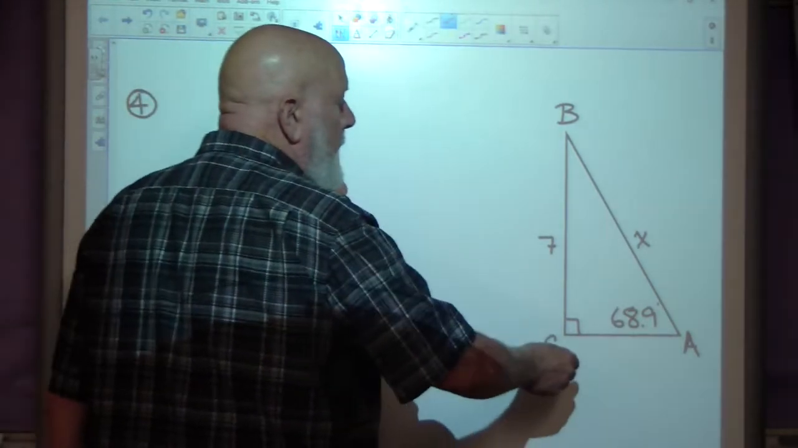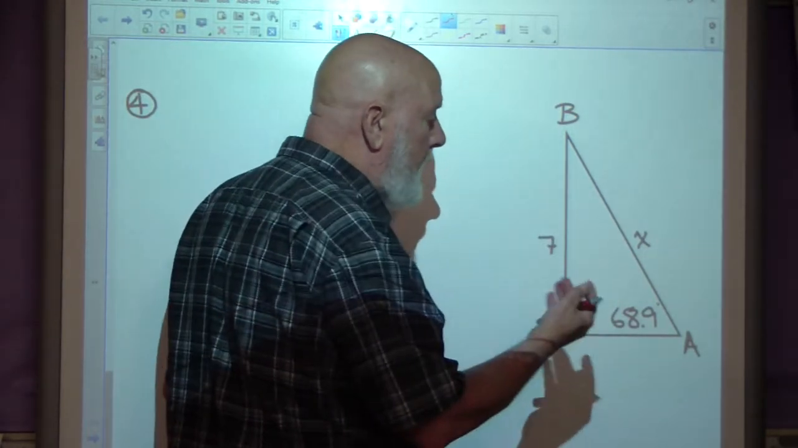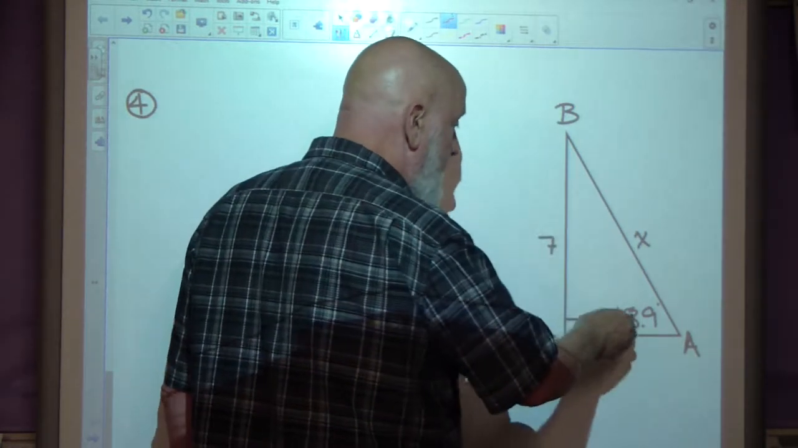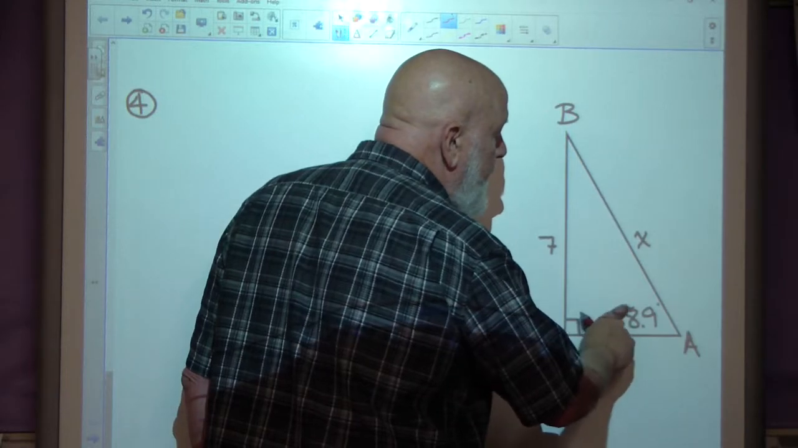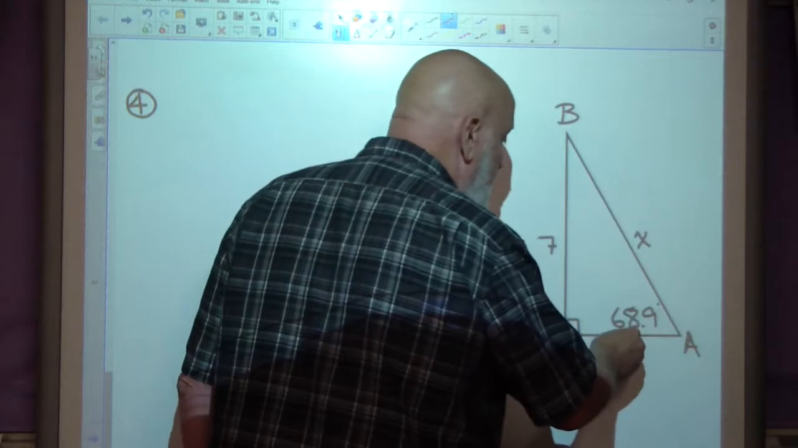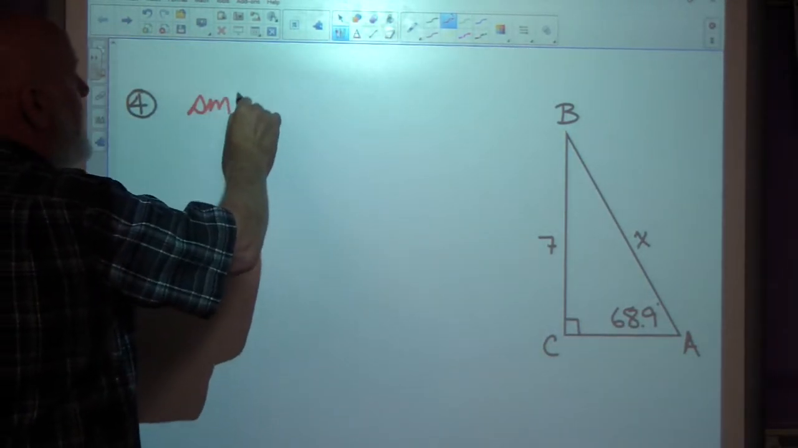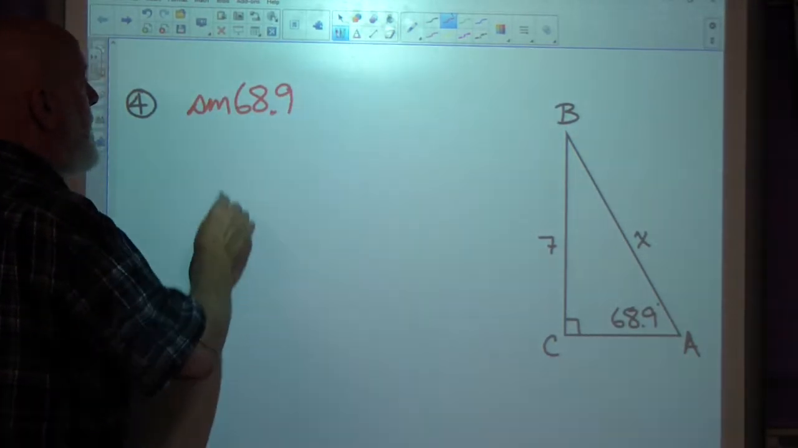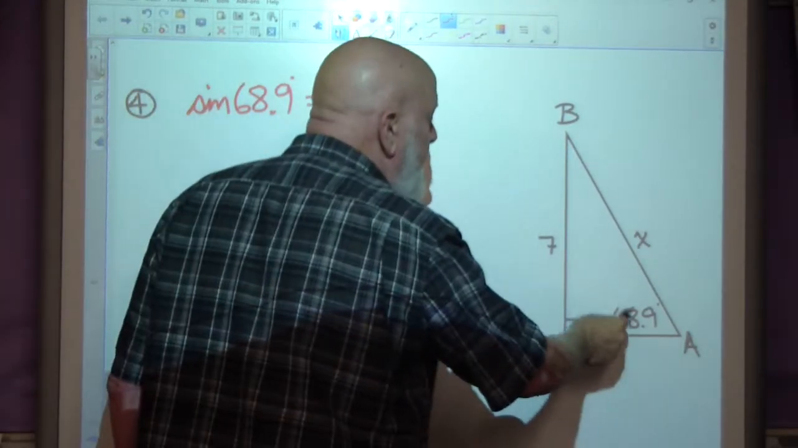Yay. I'm looking at this from this perspective. Now, don't forget, if you know this angle, you automatically know the other acute angle. We can just subtract this from 90 and get this angle if we wanted to. But I'm just going to use this. I'm going to say that this involves opposite over hypotenuse. That would be the sine function in this case. So I'm going to say, well, I can see that the sine of 68.9 degrees is equal to opposite